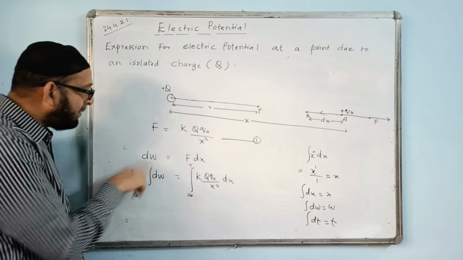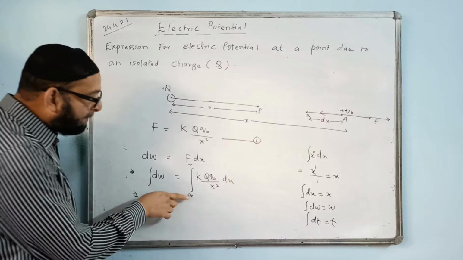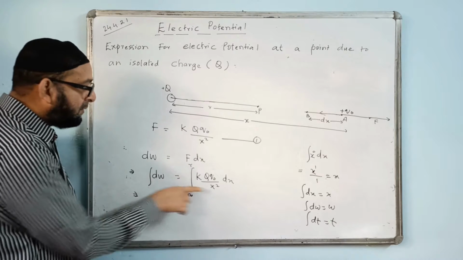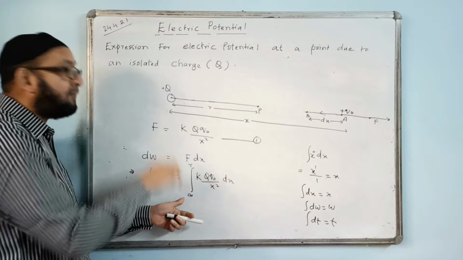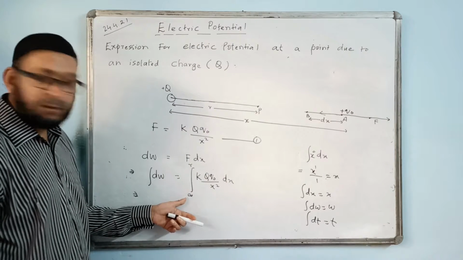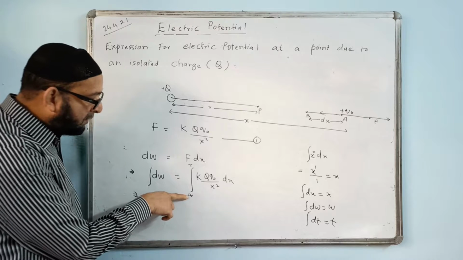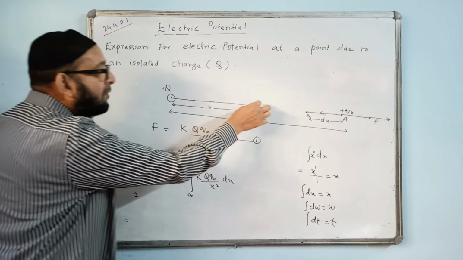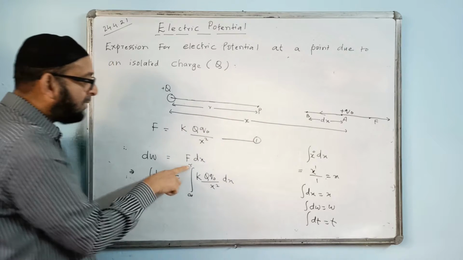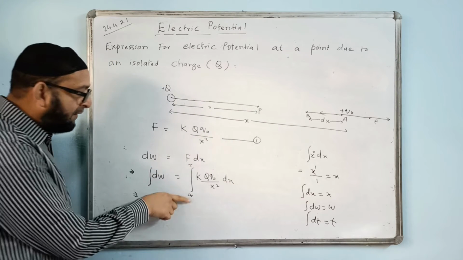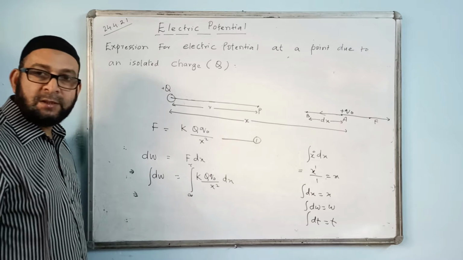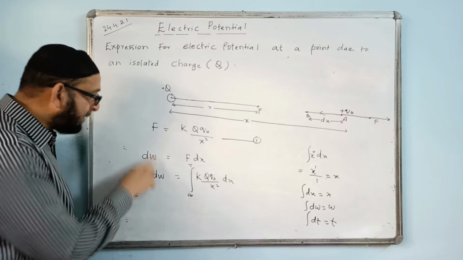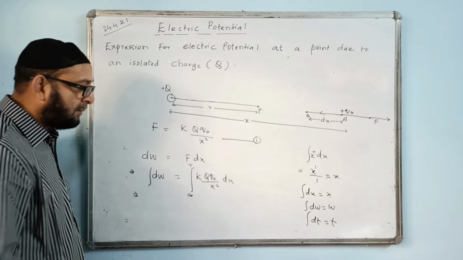Now to remove the derivative, we have to do integration. Here we are putting the limits, lower limit and upper limit. From how these distances are varying: the initial distance is infinity, as per the definition, and the final distance to the charge Q naught at P is becoming R. So I write R on top, from infinity to the distance R. That's why we do derivatives and then integration to remove this one.